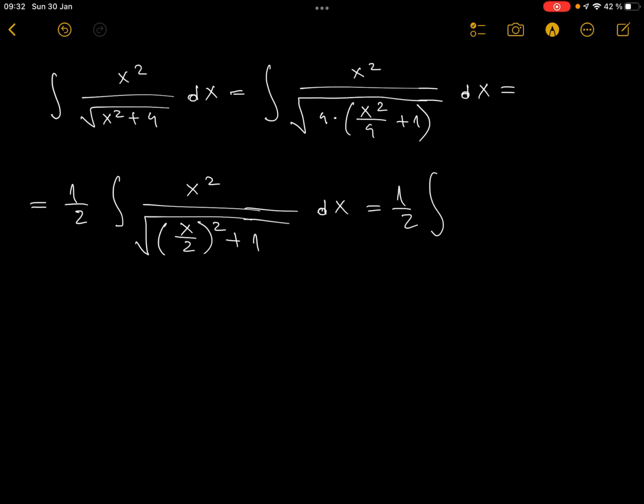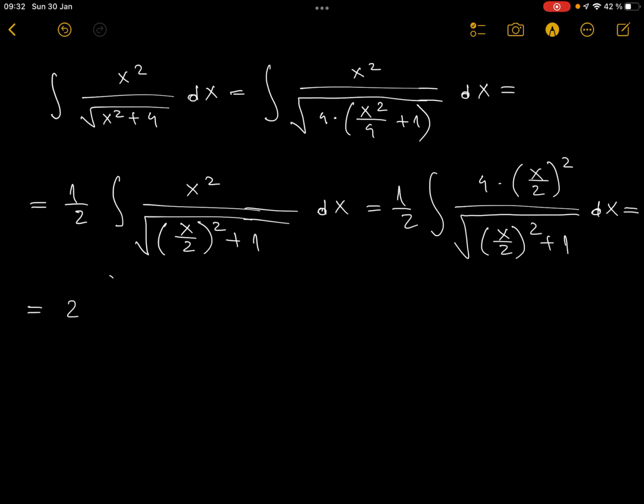So this is the same as 1/2 of 4 times x over 2 squared, x squared over 4, over the x over 2 squared plus 1 dx, which is the same as 2 times the integral of x over 2 squared over x over 2 squared plus 1